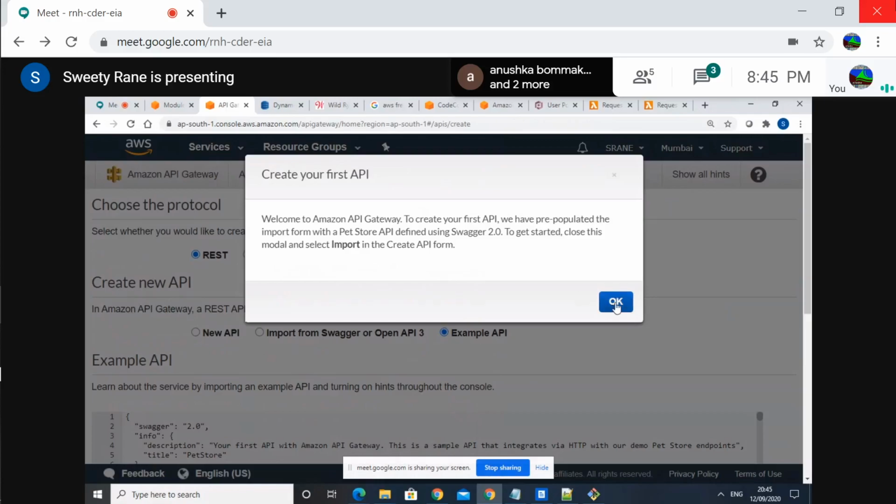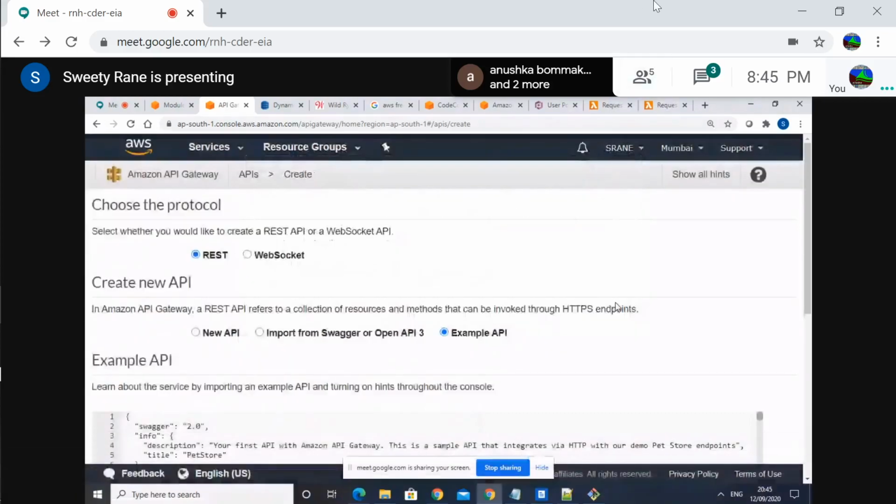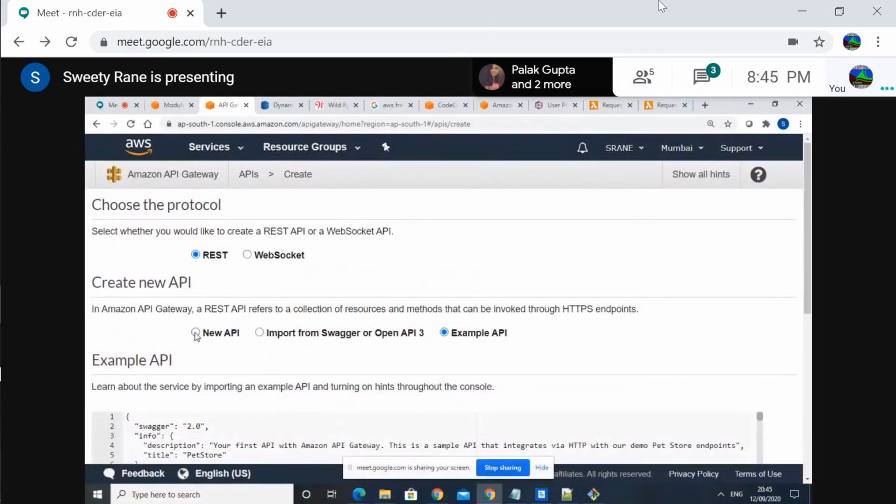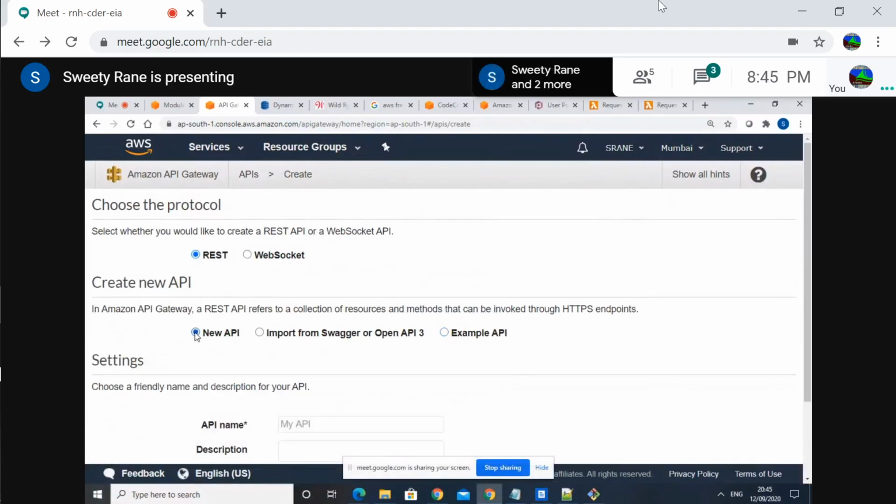Welcome to API Gateway. We have pre-populated the import form, Pet store API defined using Swagger to get started. Okay, close. We just created a dummy thing. No problem. So click new API. Good. New API. API name is Wild Rides.